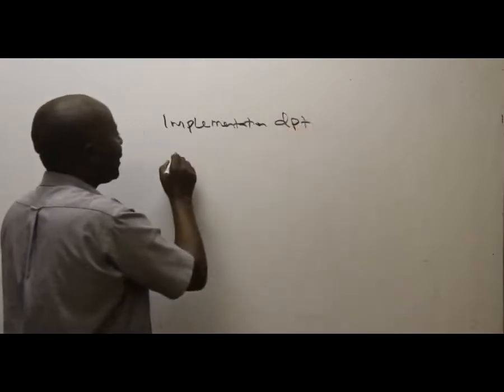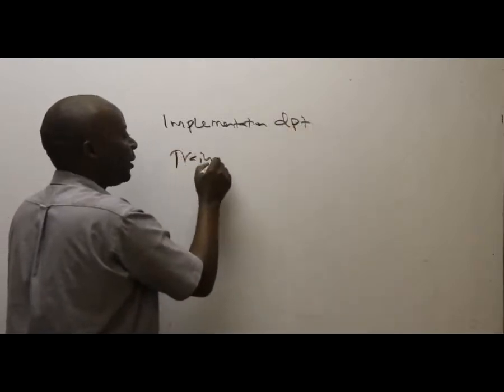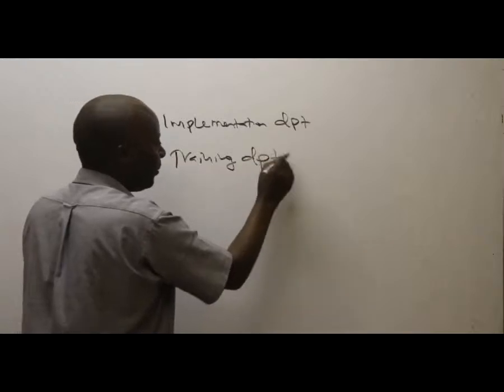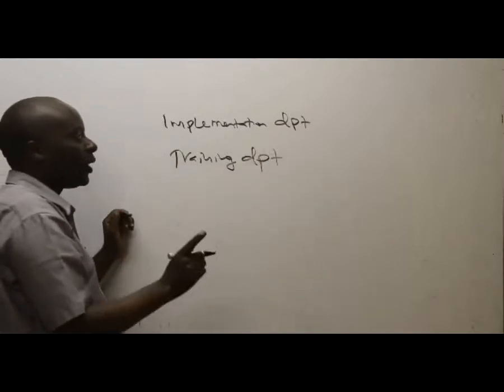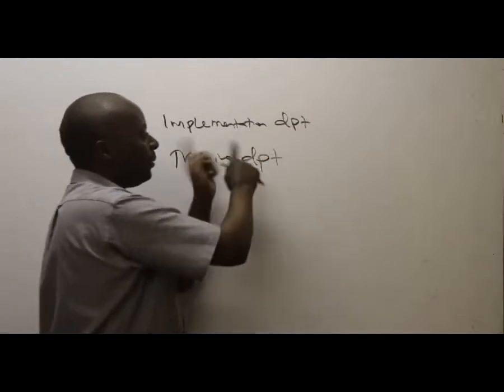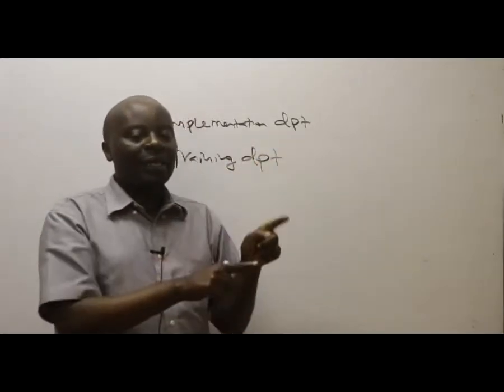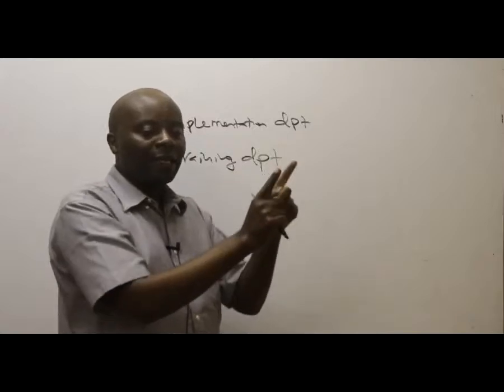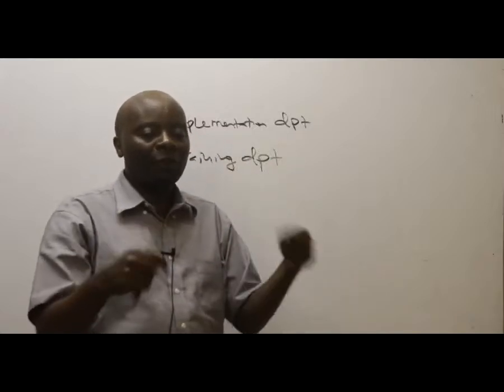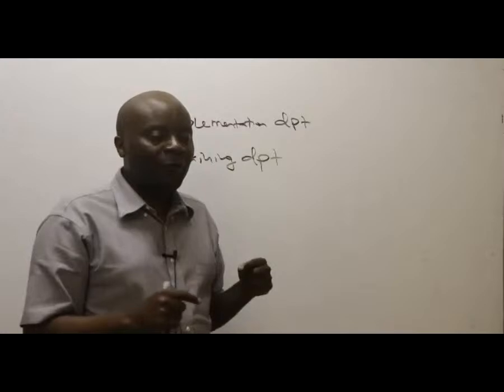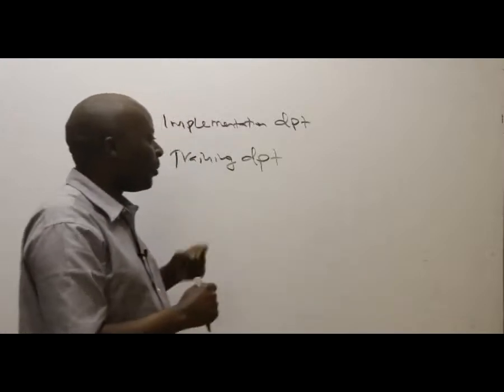And then we have, in this case, the training department. Now, ladies and gentlemen, listen to me very well. So we go and implement the software at EABL. We don't expect EABL to start running on their own. There must be some competence development needed for their staff. So in this case, the training department is very important.